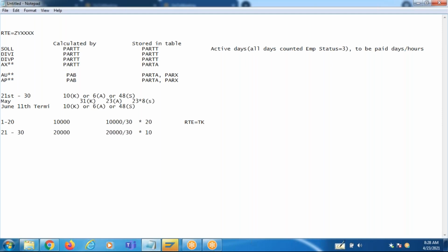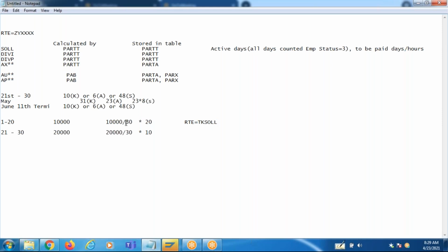SYLL. SYLL, remember that, is never used in the denominator. It is never used as a divisor. SOLL is always multiplied with a daily rate or hourly rate, depending on the calculations. It is always multiplied with a daily rate or calendar days. SOLL is never used in the denominators as a divisor.